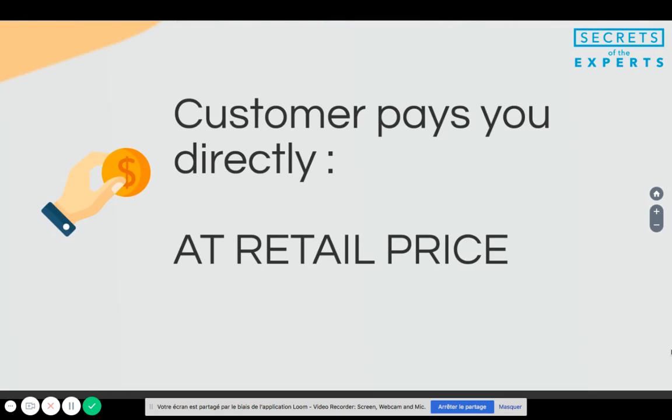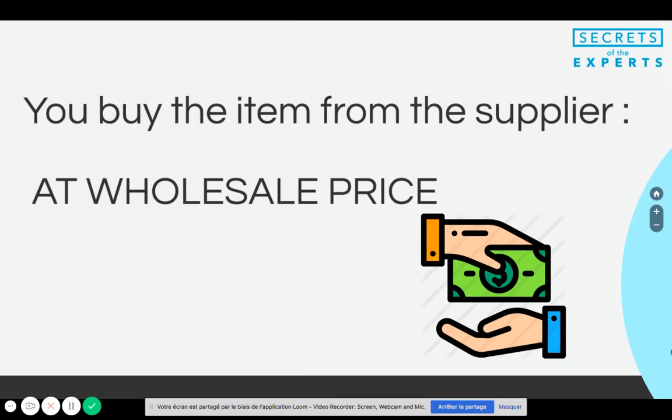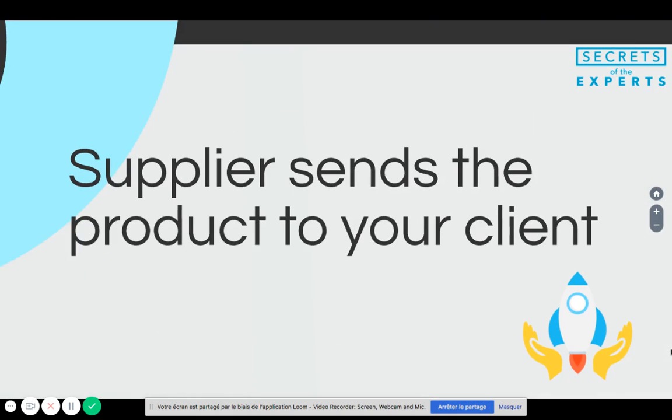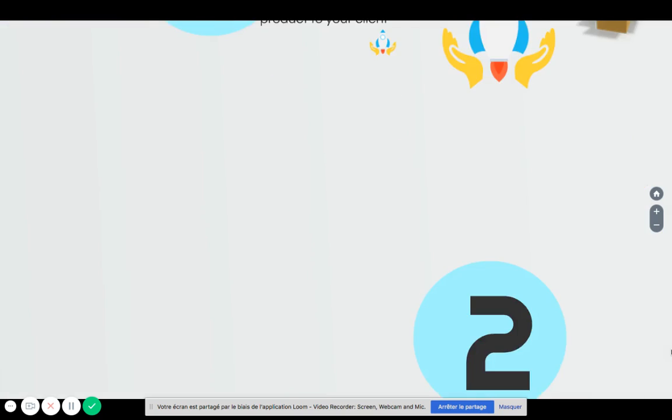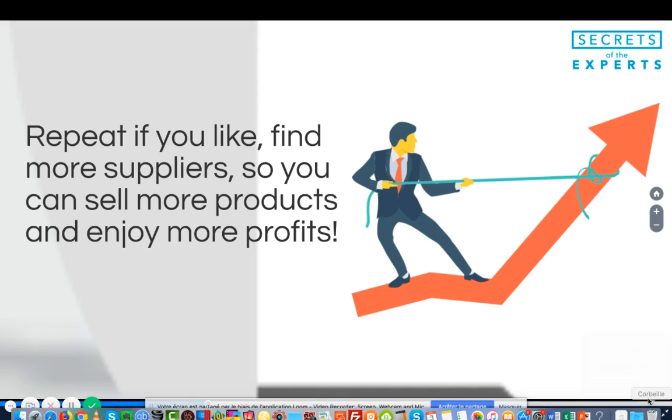Step number three, the customers will pay directly on your Shopify store. Step number four, you go and buy the item from the supplier at wholesale price. Your client just paid you the retail price of, let's say, $20, but you're actually buying the item from the supplier at like $5. So you just made $15 profit. Then the supplier is going to send the product to your client. And then the next step for you is to repeat. You rinse and repeat, and you add more products to make more profits. So this is, in a nutshell,